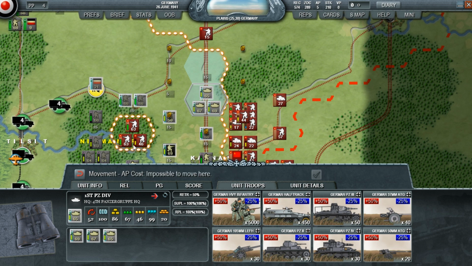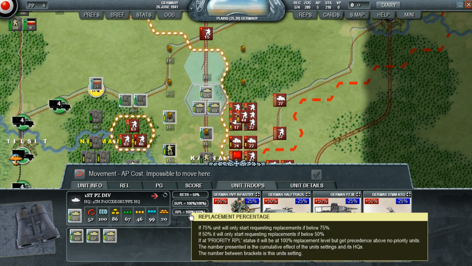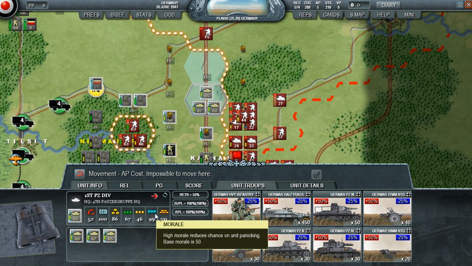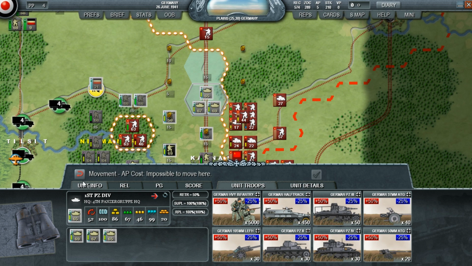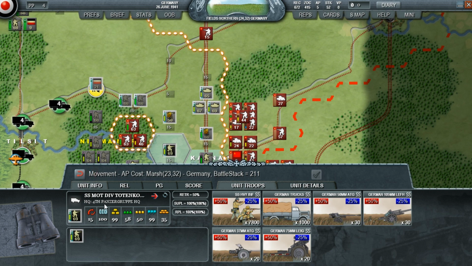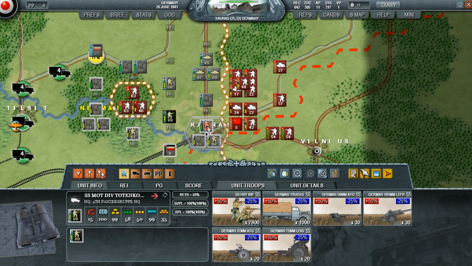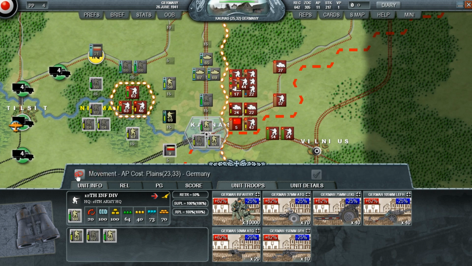But I can move there. Don't they carry... They carry... Supplies consumption. That's what's that? Morale. They carry... Don't they carry supply? Okay, so they might be carrying supply. I might be able to move them by one turn. Can I move him? I'm just trying to...